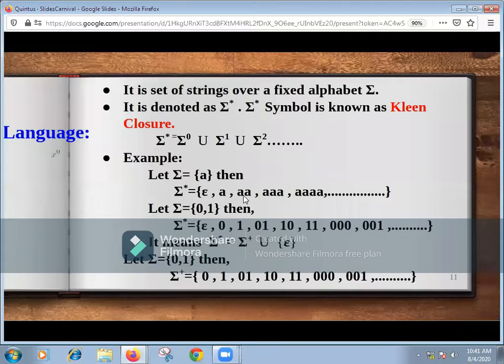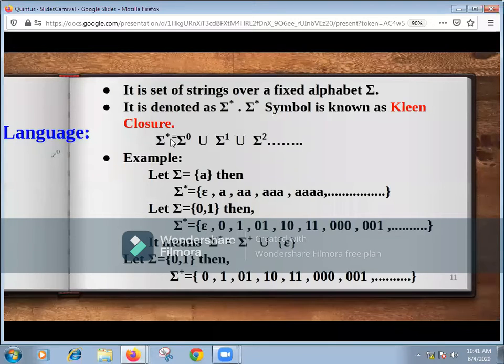So here you can say double A means its length is 2, so it is alphabet raised to 2. In the same way, alphabet raised to 4 means the set whose elements' length is 4. So when we make the union of alphabet raised to 0, alphabet raised to 1, alphabet raised to 2, it gives me